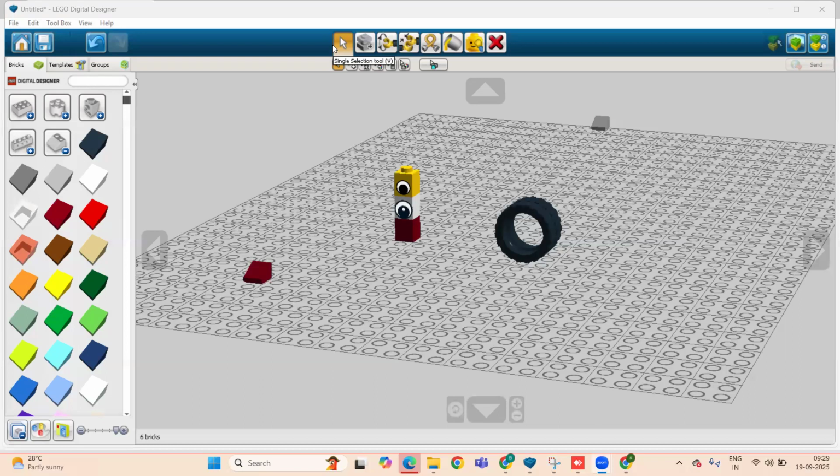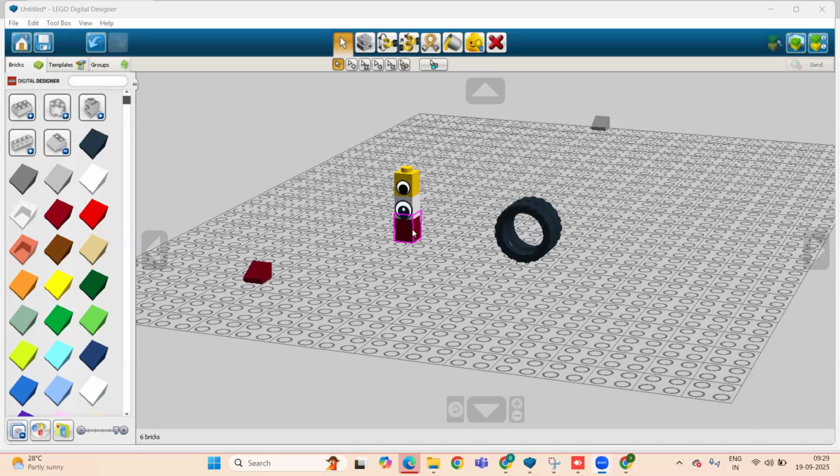The main purpose of this select tool is to pick and highlight any brick or any group of bricks, not only a single brick. You can see on my screen, this is a single item, and this is a group of bricks or tiles. We can pick any single one and highlight any group of bricks also.